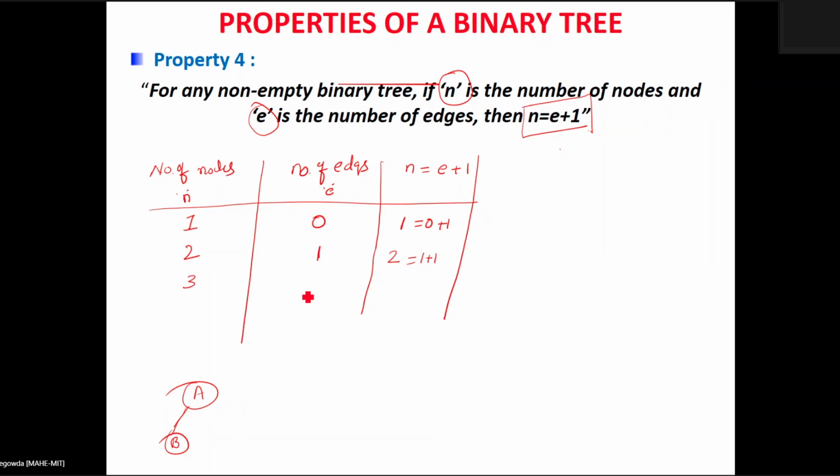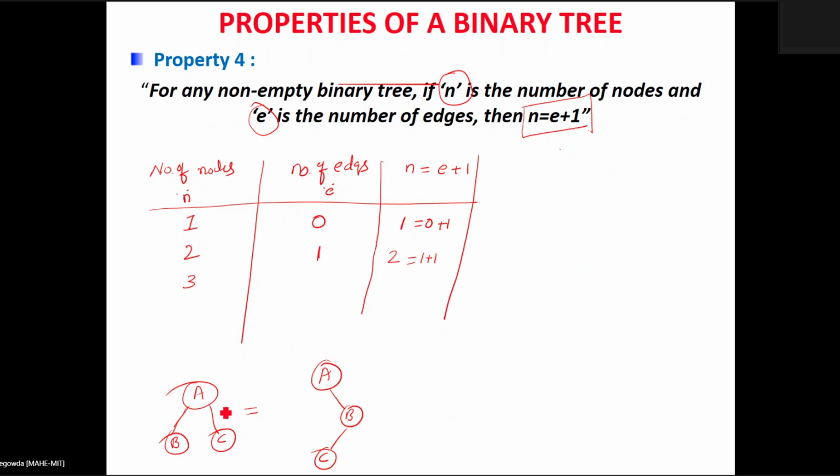Okay, so if there are 3 nodes, there may be one parent node, that is the root node, and it may have 2 children, say B and C. This is one case. Another possible case is that I can have A which has a right child B, and B has a left child C. So there are 3 nodes in a given binary tree, which means it can take any of these forms. In any of these forms, how many edges are there?